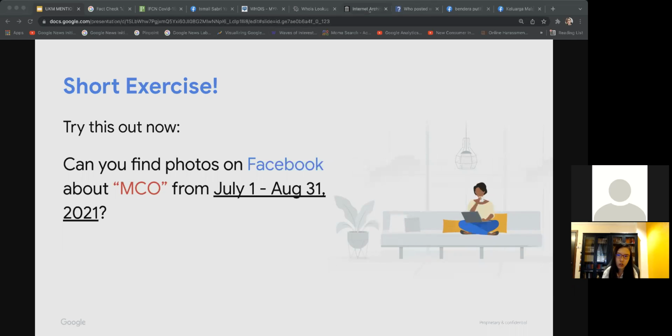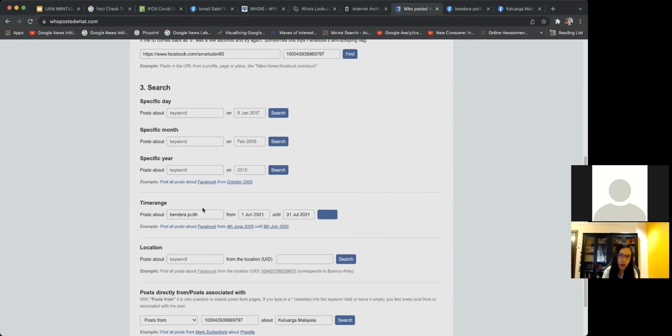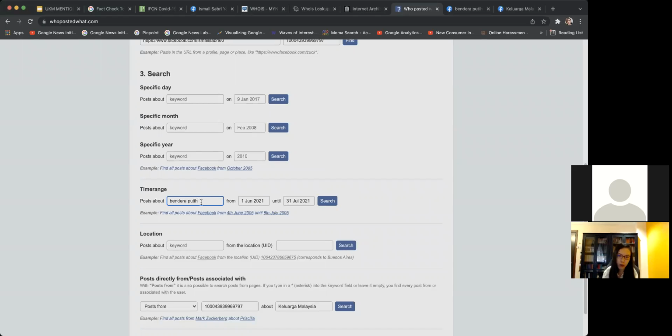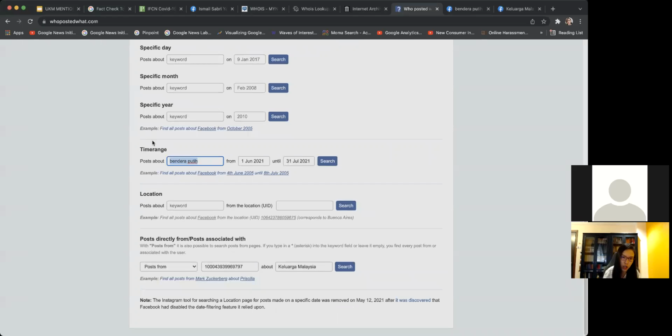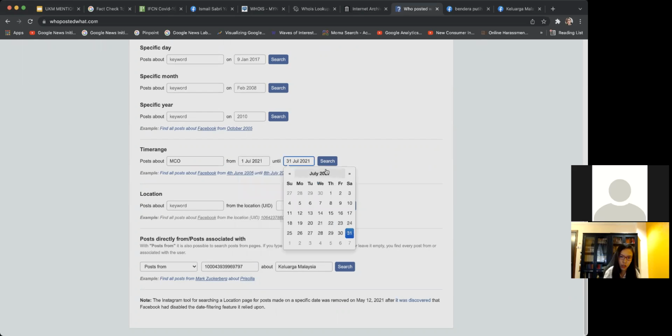So I'll just do this exercise quickly. The exercise is to find a topic, right? And then I want photos of it. So I go into whopostedwhat.com, okay? I scroll down, I go into this time range function. I go into post about MCO, and I want it to be from the 1st of July until August 31st, right? Okay, so this time period,